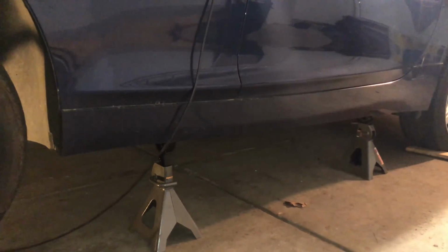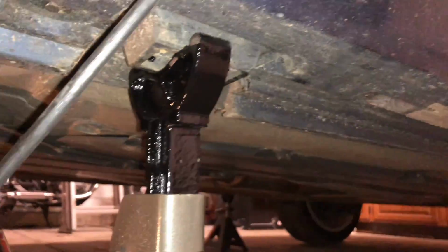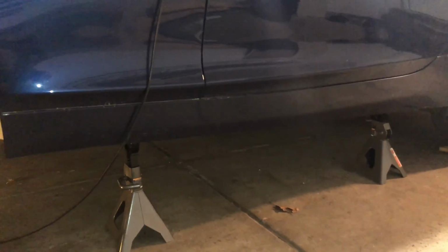The idea here is to use safe jack stand points, which are right here and right here. Normally this is something you would use for changing a tire and things like that. The idea is to use those for your jack stands, and then you have to find another secure point to lift the car, which for this car it seems that the best case scenario would be to use this middle